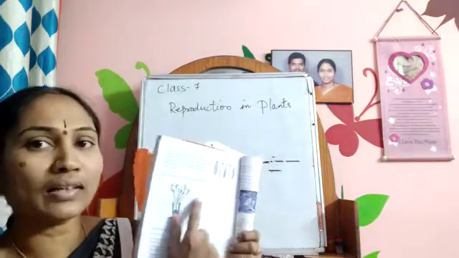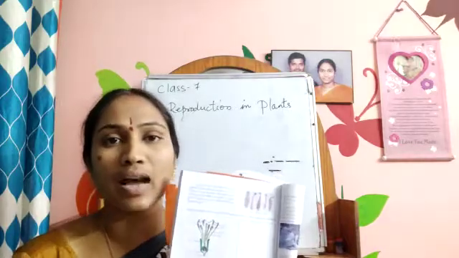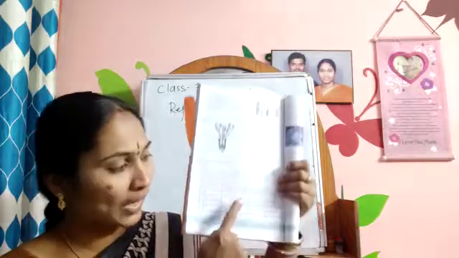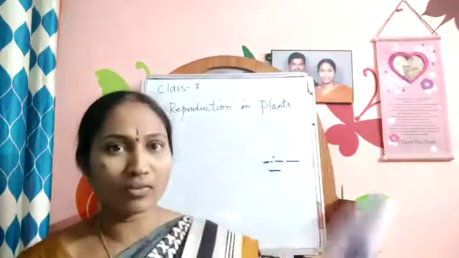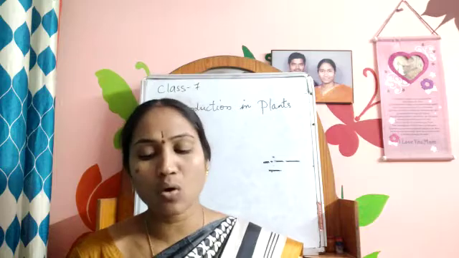This is your homework, children. Once again I am telling you the homework clearly because they are asking again and again. So draw these 2 pictures as your homework and fill up this table. This is also very important. Collect some flowers, cut them and find out the number of sepals and the petals. This is your homework, and once again go through the textbook. Remaining lessons will be continued tomorrow. Thank you.